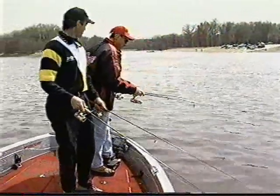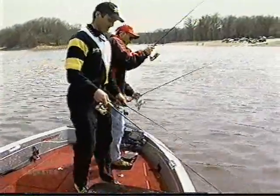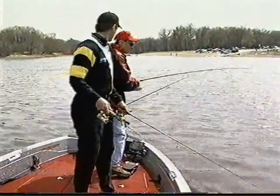And fortunately today we got a little bit warmer of a day, but tendencies in spring are to have cold days, and really getting your hand wet inside that minnow bucket